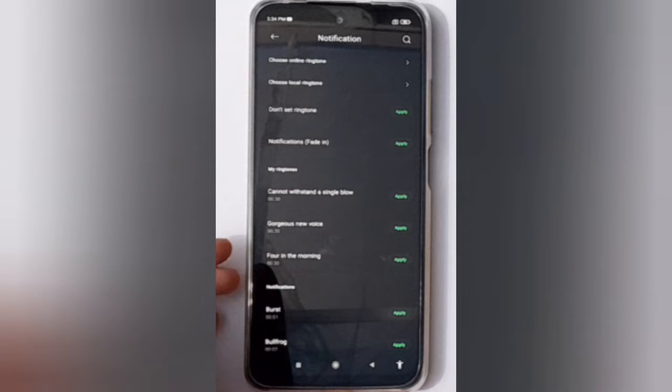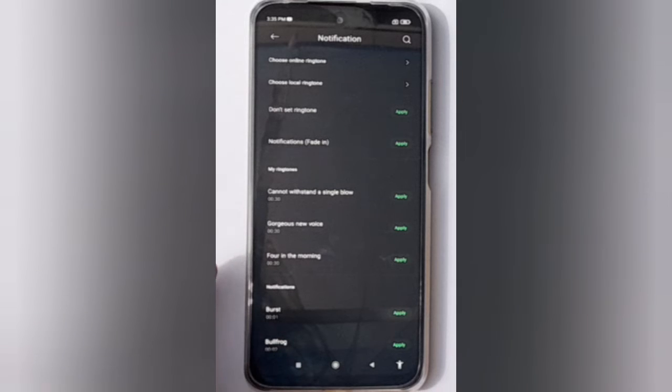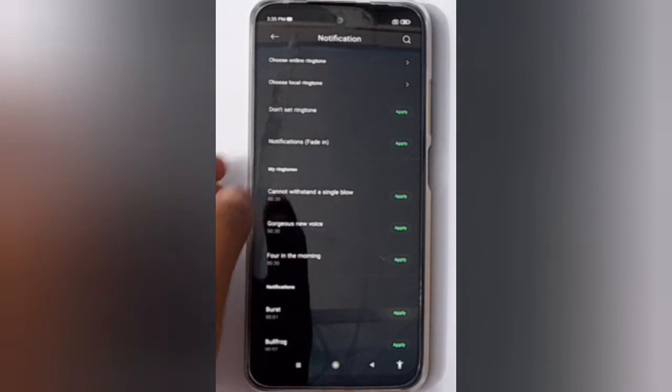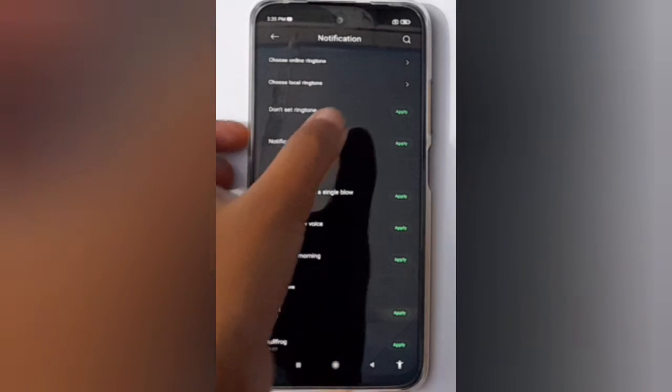Okay, if you didn't get this feature at first, you have to off your net. Okay, then only this feature will enter. Enable your net. Okay, then you have to click on don't set ringtone, and here you have to click